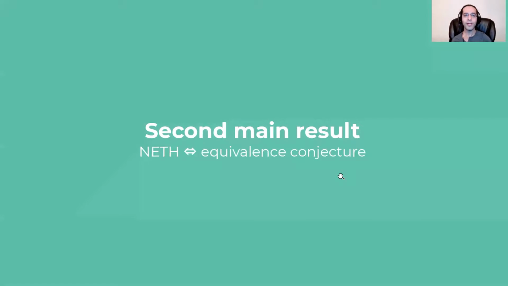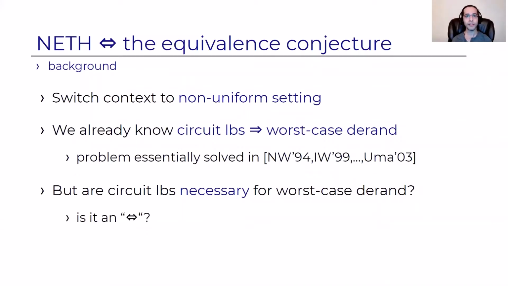Okay, so now we are ready to move on to our second main result in the paper. And to do so, we need to make a context switch in our heads. So far, we discussed a uniform setting, lower bounds for uniform algorithms and corresponding average case derandomization. Now we need to switch context to a non-uniform setting, meaning circuit lower bounds and corresponding worst case derandomization of